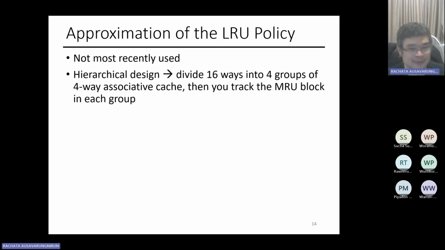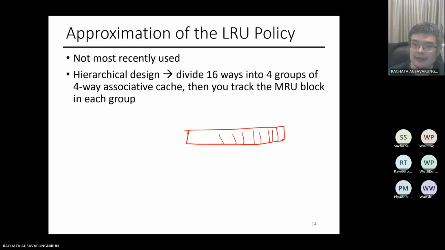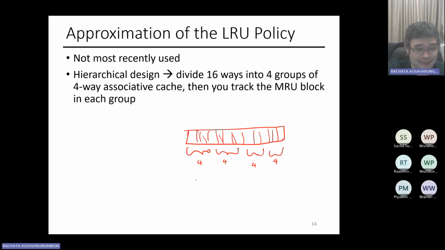Or I can do a hierarchical design of that. So let's say I have 16 ways, right? So there are 16 boxes here that you can pick. You would then subdivide this into groups of 4. And you pick the not most recently used, basically not the latest guy, from each of these groups. Then out of this, you can again pick the ones that are not most recently used, right? So these are hierarchical designs that try to approximate the LRU policy and are really simple because now you just